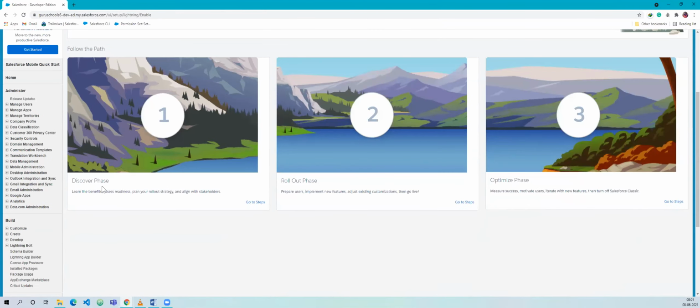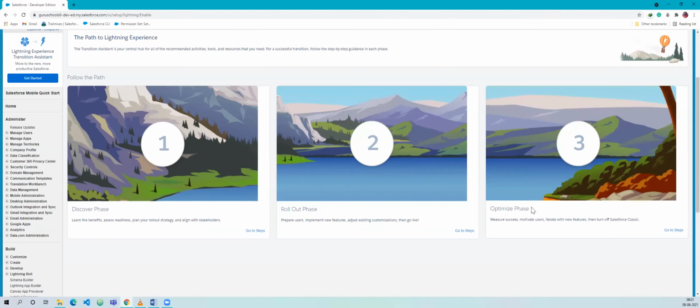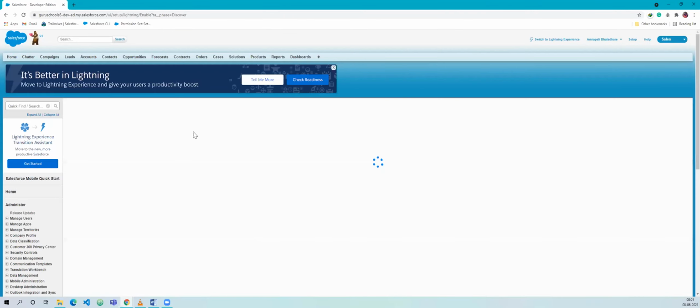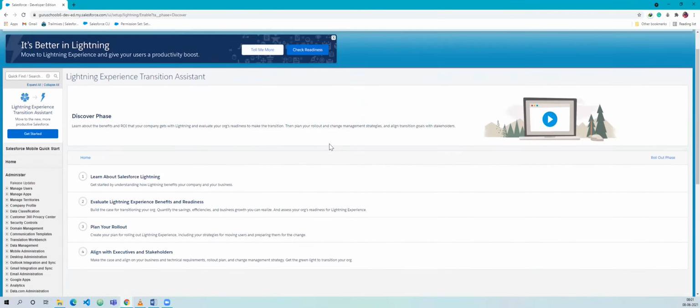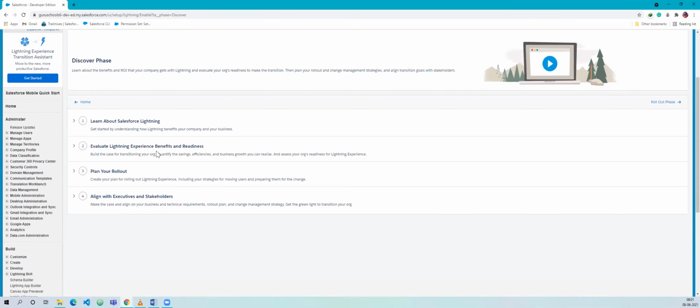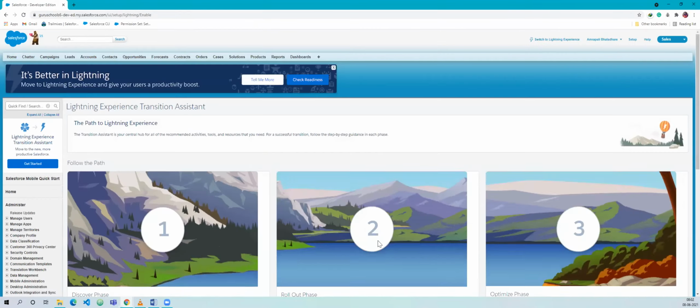We have the discovery phase, then the rollout phase, then the optimize phase. We just have to check all these settings before transitioning to the Lightning user interface. Discovery phase means learn about Salesforce Lightning, what the benefits and readiness are. Plan your rollout, and then we have a rollout phase